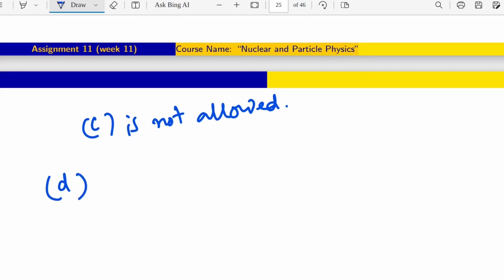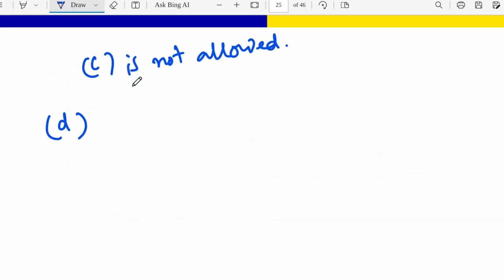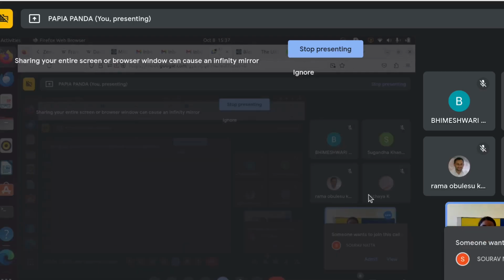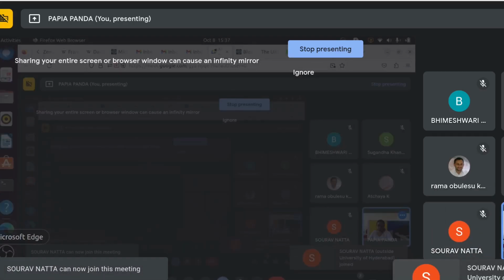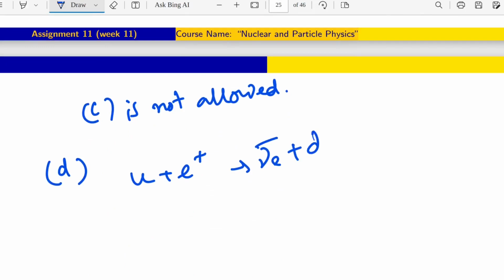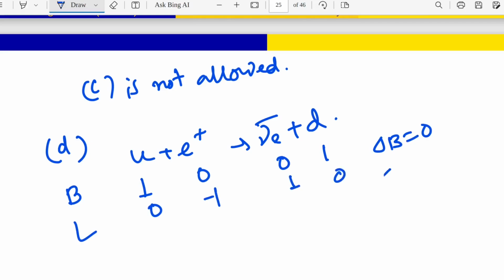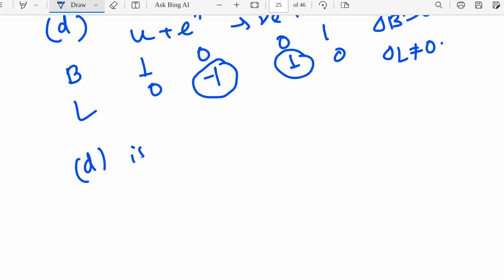Okay. Now coming to D. What is the D option? U plus E plus, mu E bar plus D. Now here also we can see B first: 1, 0, 0, 1. Delta B is fine. L: 0, minus 1, this is plus 1, this is 0. Now you can see that delta L is not equal to 0, because here it is minus 1 and here it is plus 1. So that means delta L is not equal to 0, which tells us that D is not